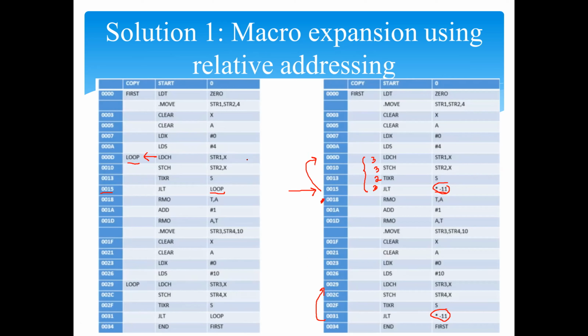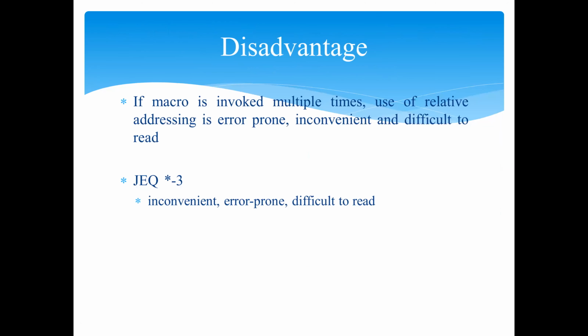But there are some disadvantages with this type of notation, mainly because it is not that convenient. You have to count the number of bytes to jump back and forward, and there is a possibility that you may come up with an error. Even when I was calculating at first, I made a mistake. I did not take it in the correct way. So you may not calculate the bytes correctly. All these become a disadvantage to your relative addressing solution.